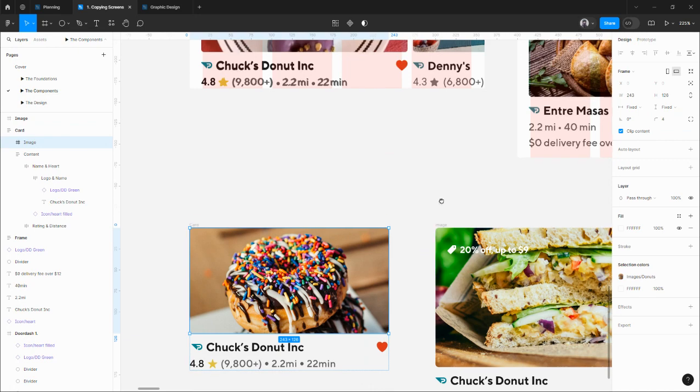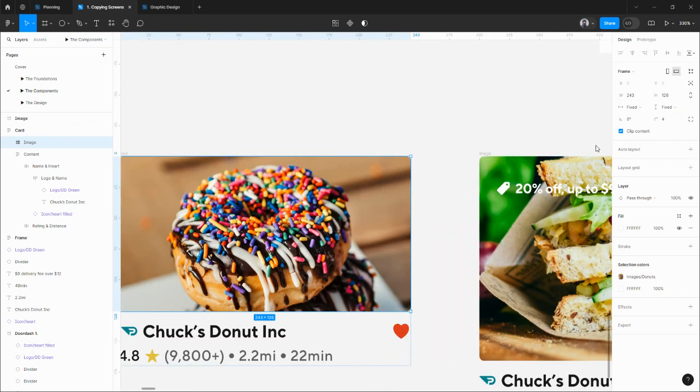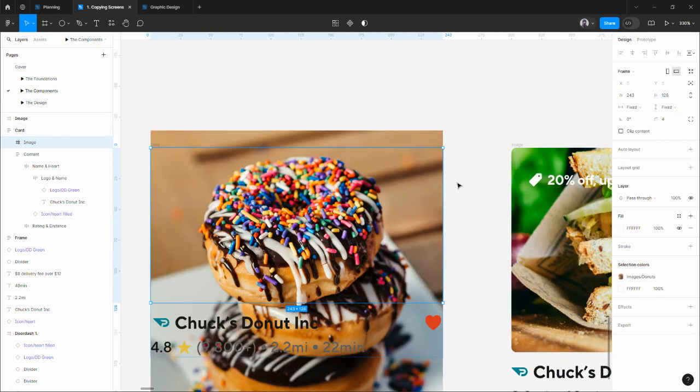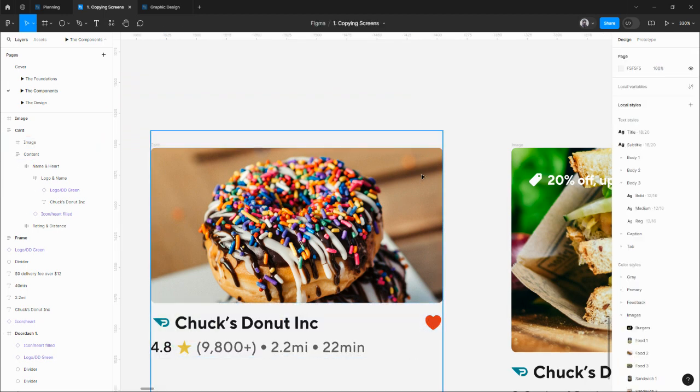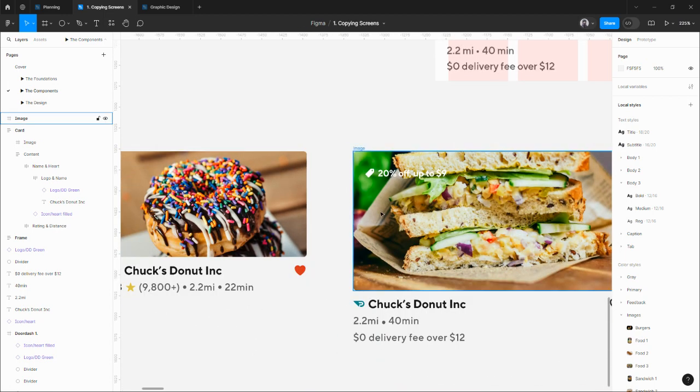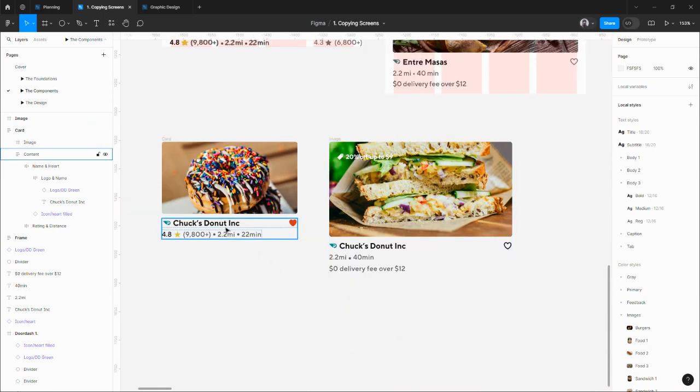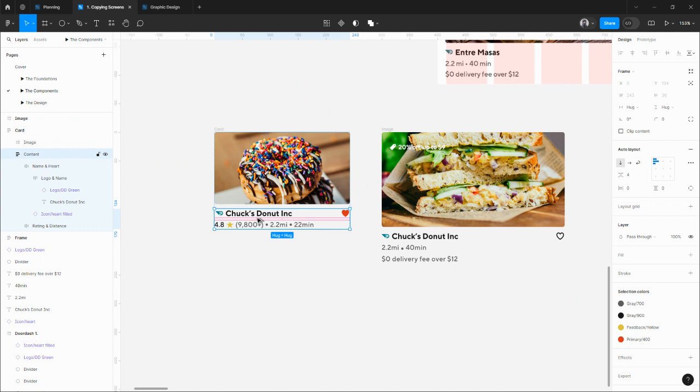And if you see something like this happening, where you have added the text and even if you resize the frame, it won't stop showing the edges, you need to find this option. After selecting the frame, you can only do it on frames, choose clip content, and bam, we have this. Okay, so what I'm gonna do is just copy them